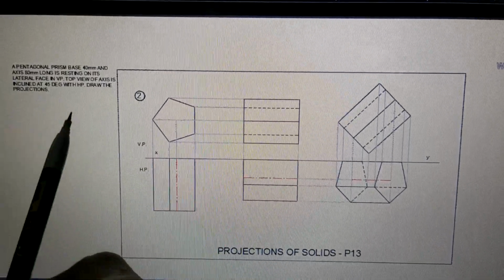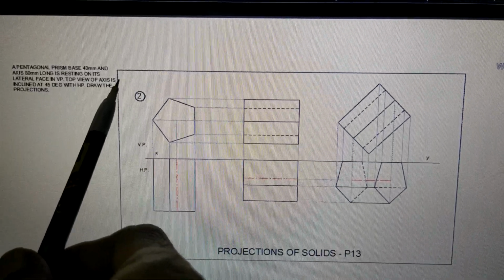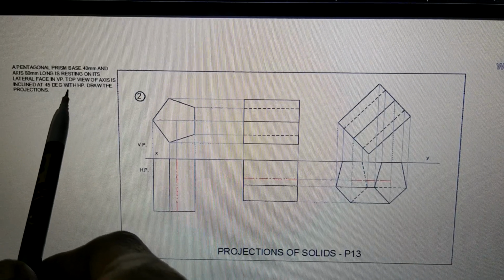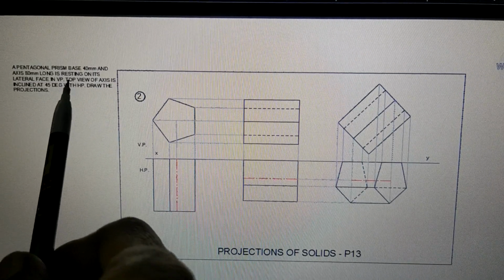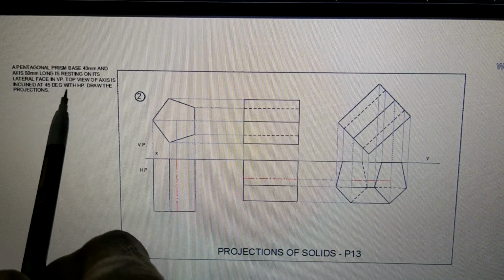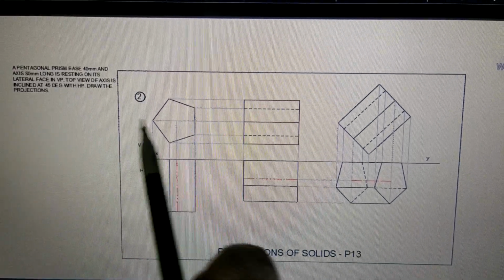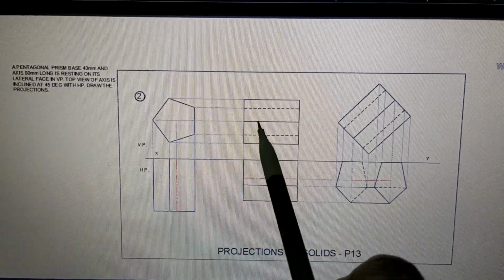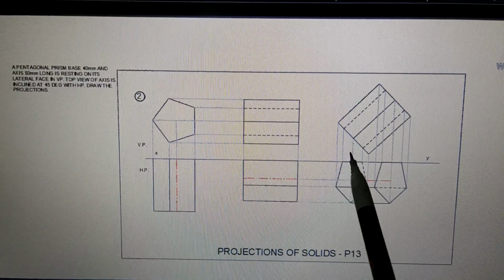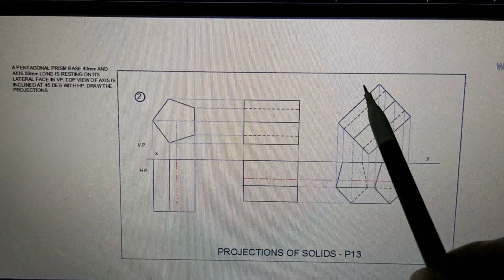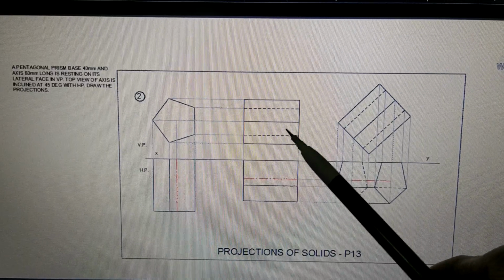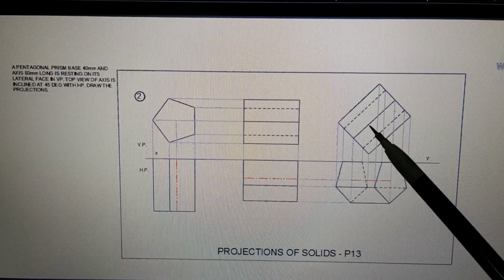Now the next part says the top view of the axis is inclined at 45 degrees. In fact, this should be front view, not top view. The front view of the axis is inclined to HP by 45 degrees. That means this is a front view, so make a change here. So this is the front view of the axis, and it is going to make 45 degrees with HP. Now since this is a true length, you can straight away make this line inclined to HP by 45 degrees. So this figure is drawn as it is, with this line making 45 degrees.